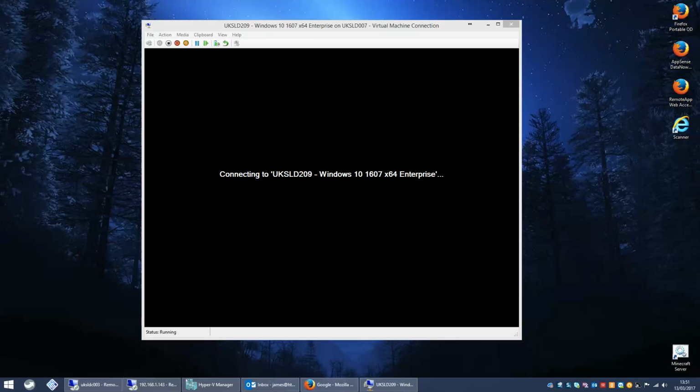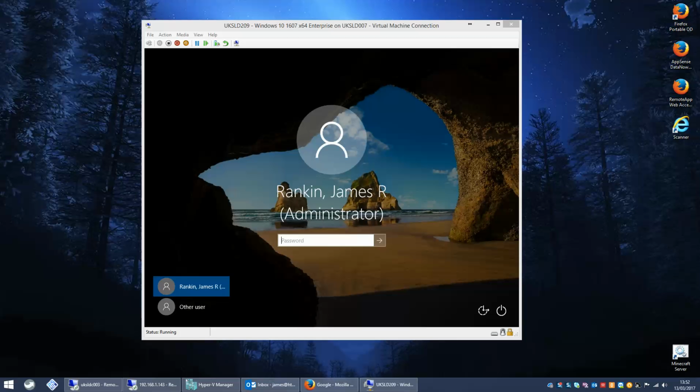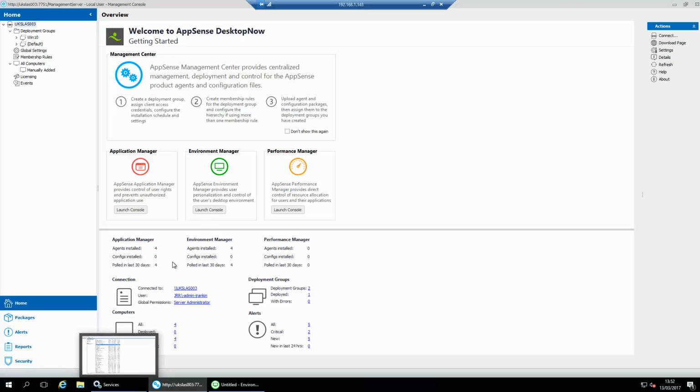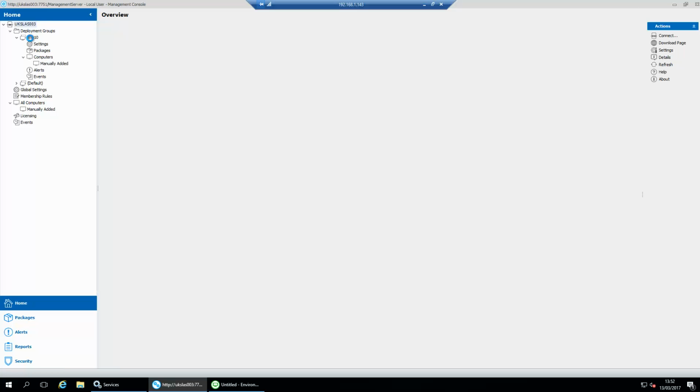Okay, so just about booted up now. My lab, unfortunately, is very, very slow at booting up, but as soon as it becomes available on the network, we can obviously get those AppSense agents installed. Okay, it's booted up now, and it should be available on the network, so let us go to our Windows 10 deployment group,